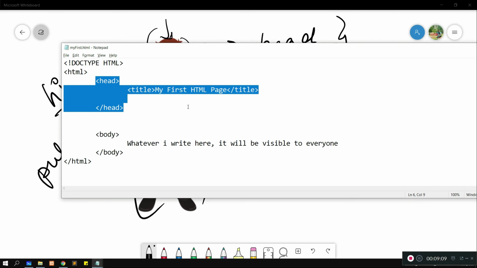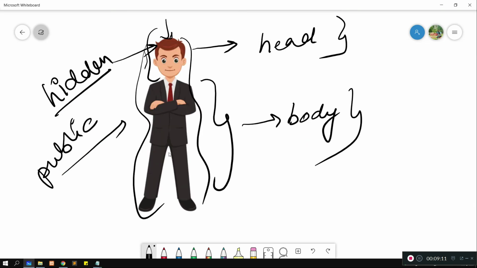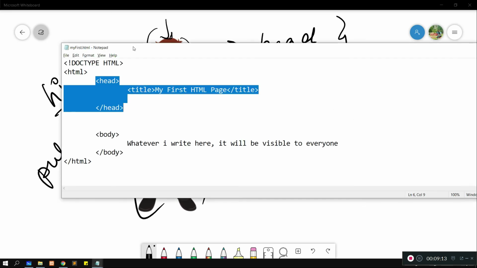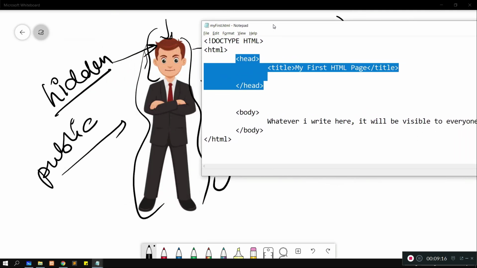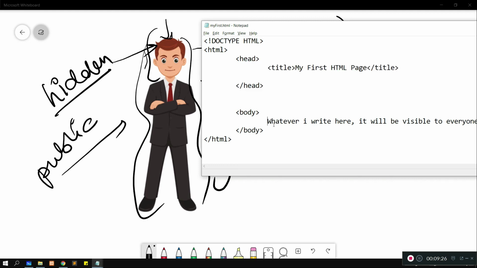Okay guys, I think now this picture will be in your mind every time. So this is your head and this is your body. Whatever we want to present to others, we write in this tag, and whatever we want to hide and we do not want to show, about the file type and whatever the other information, we write in the head tag.